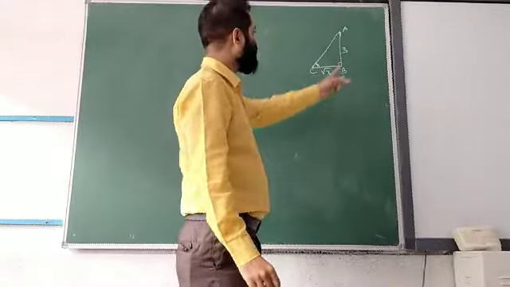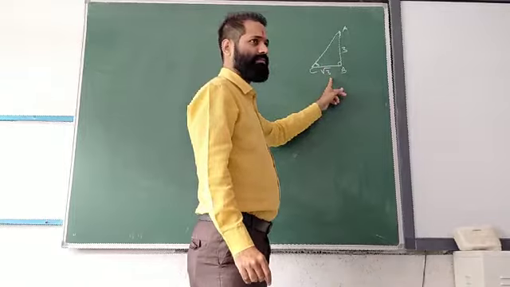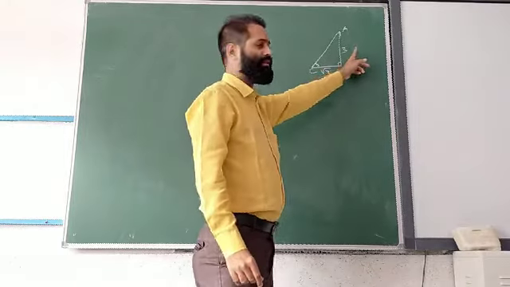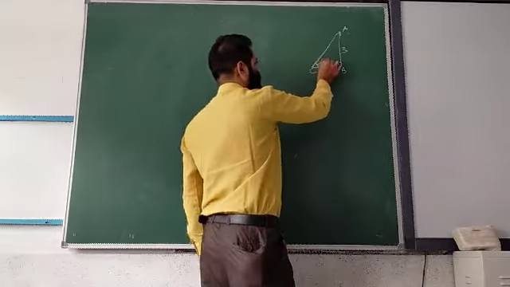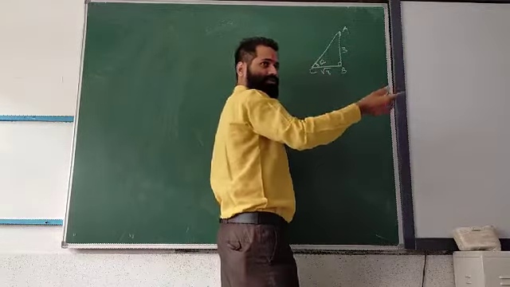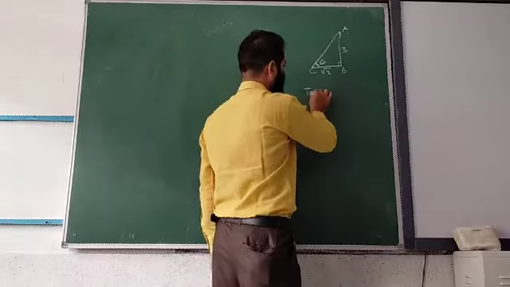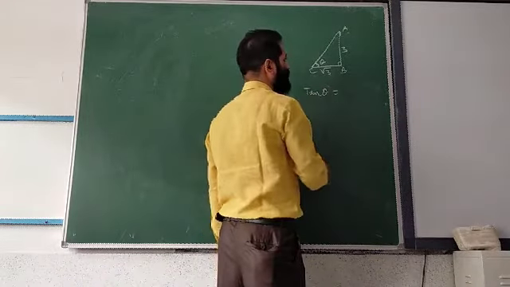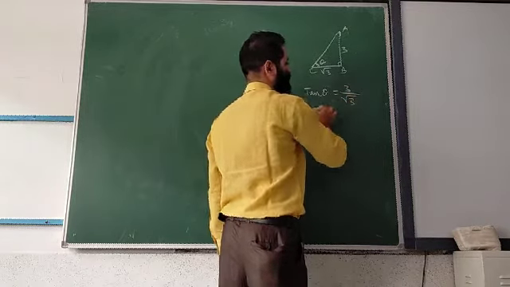Now what is given? These two values. If this is the theta, this is called the base. And this is? So perpendicular and base, what is the relation? We don't know what is the theta. In exam, for 1 marks question, they may ask you this way, that what is the theta, okay? So this is tan theta. Tan theta is equal to? AB by BC.